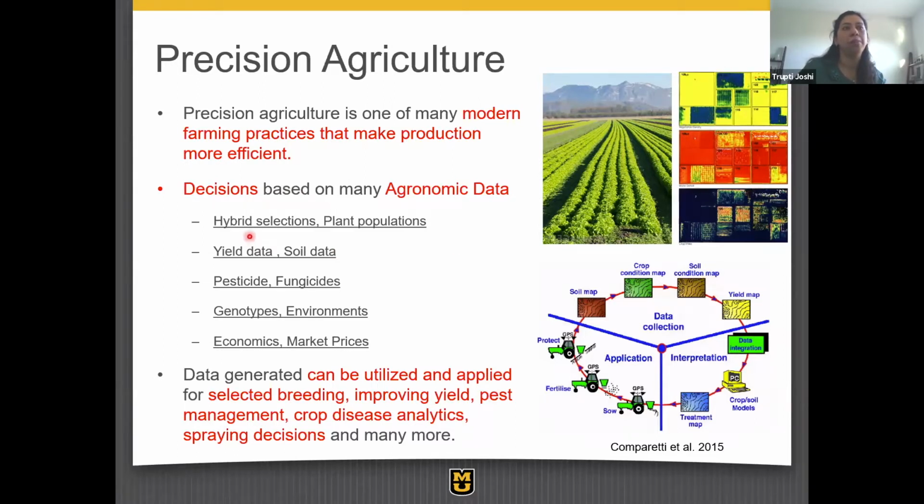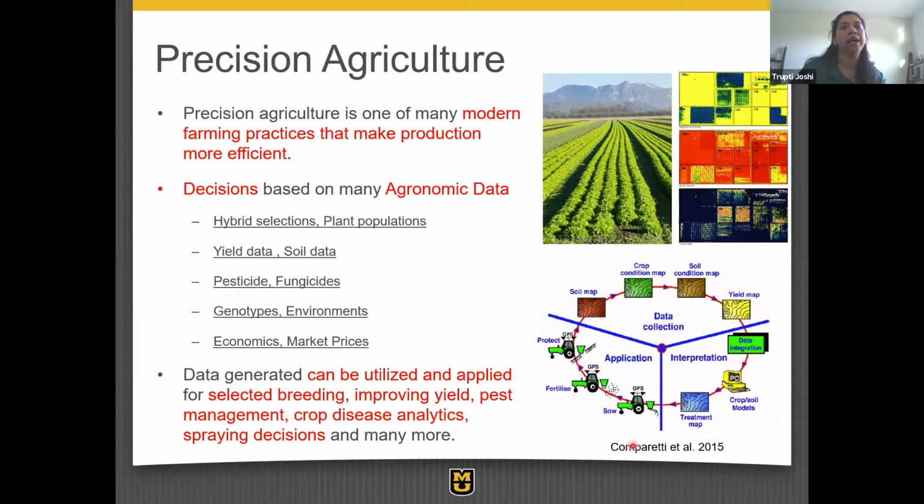And so there's a lot of stress on selecting hybrid or plant populations, or selecting the genotypes to be utilized, based on what is the yield that is predicted or anticipated, and how the soil data looks, what sort of pesticides and fungicides have to be applied to get these optimal environments, and then how the economic market prices flow into that.